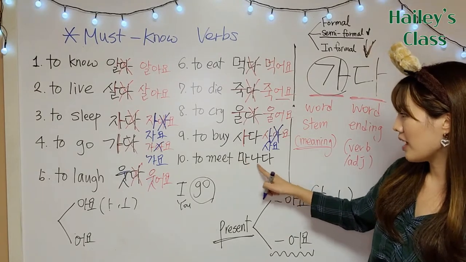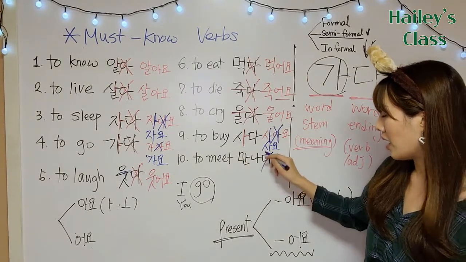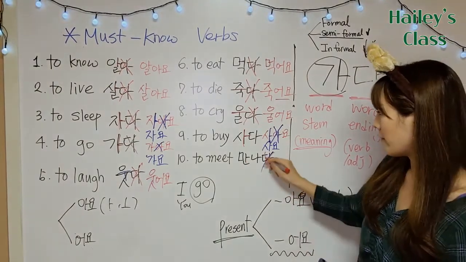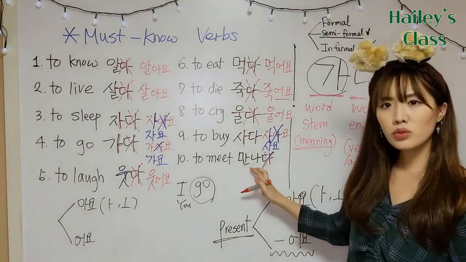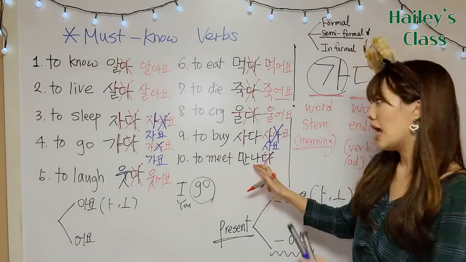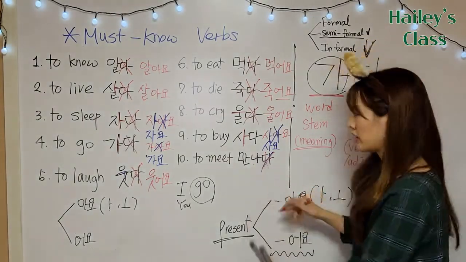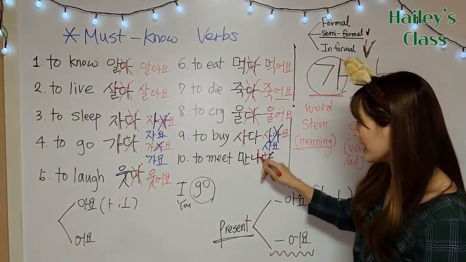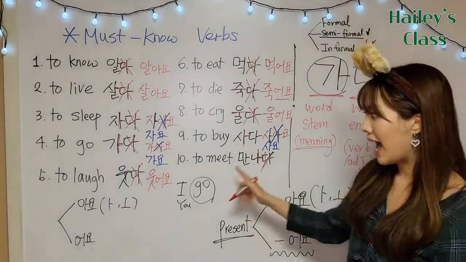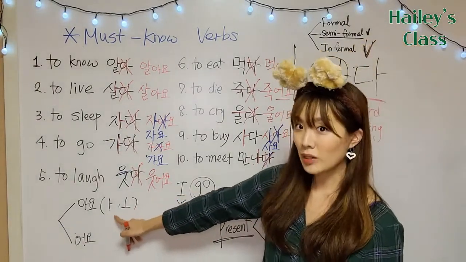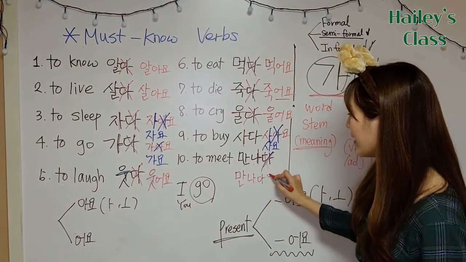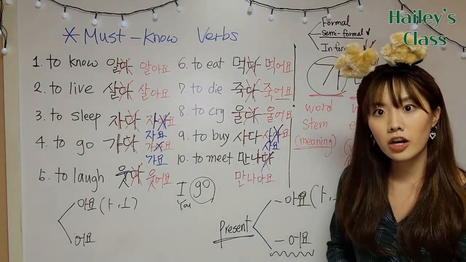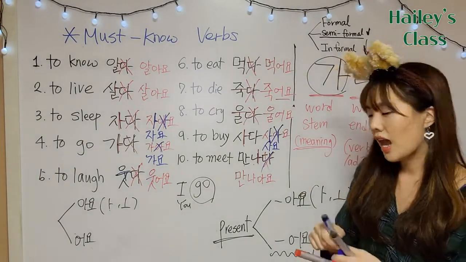And in here, 만나다. So delete 다 first. Delete 다 and 만나. Oh, when it comes to two, how can I do this? The last part, the vowel is... So the first one, 아요. So 만나요. But in here, you can see